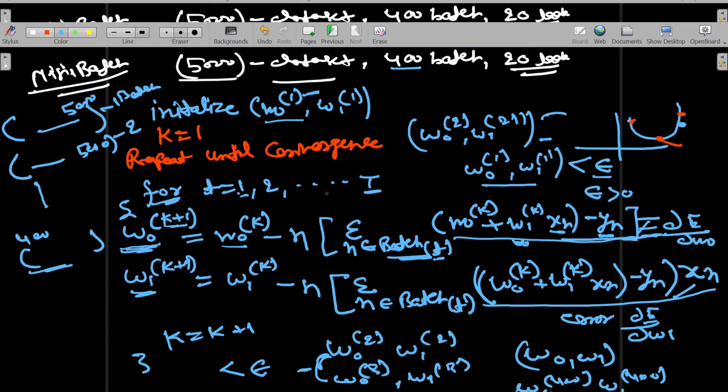This particular algorithm is really useful when you have a huge amount of data, and we divide it into batches. In a maximum of 1 to 10 iterations, you might get the best possible w0 and w1. This is a really important concept when you are given a huge data set. So I hope you have understood this.